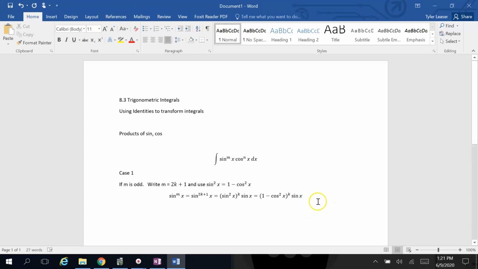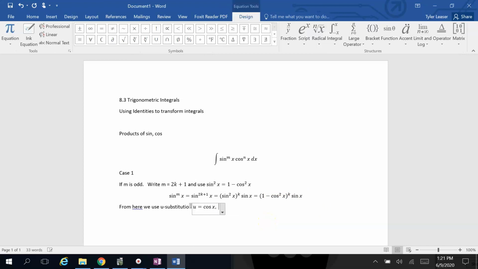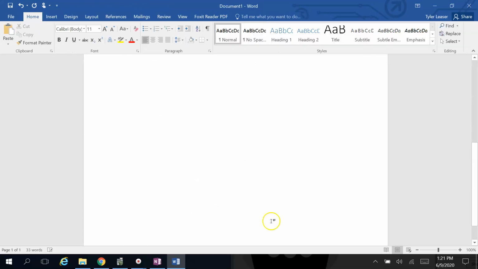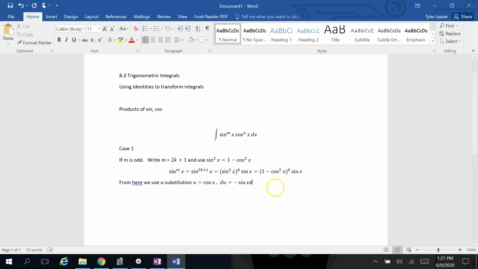The reason we do all that is that now this is something we'll be able to integrate. So from here, we use u substitution. Now I know it might not look like it'll work out, but I promise you it will. If you let u be cosine, then du would be a negative sine. Sorry about that. And then that means that sine x on the end here would come out with the du. And then we'd have 1 minus u squared all to the k, and that is something we'd be able to do. All right, let's look at the other two cases first,